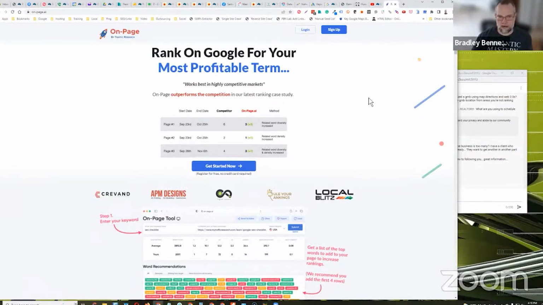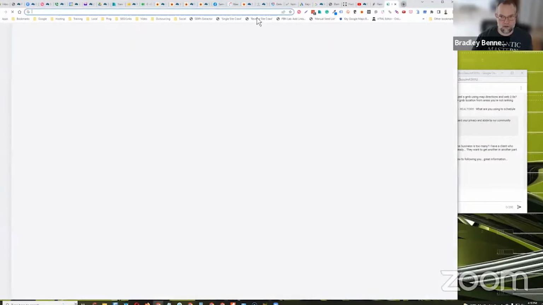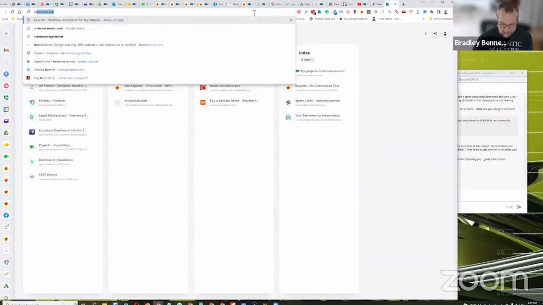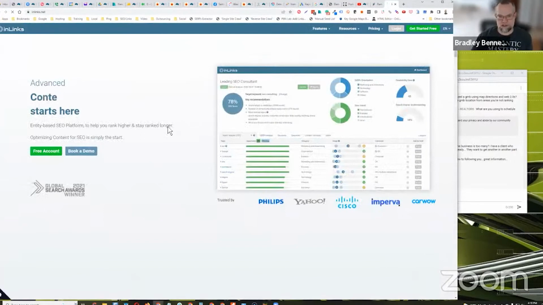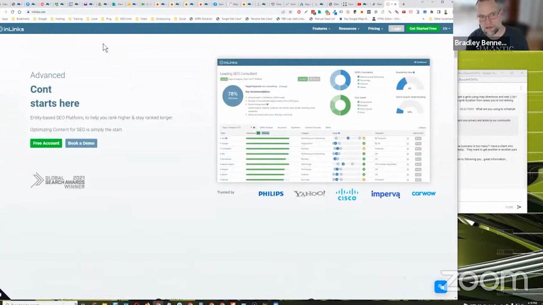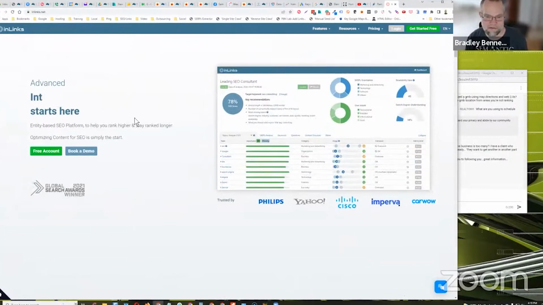Another great tool that works very, very well for tuning content or optimizing content is inlinks.net. This is Dixon Jones's tool, who was one of the co-founders of Majestic, which is my favorite backlink analysis tool. The only backlink analysis tool that I use is Majestic. And Dixon Jones was a founder member of that. And so this is his tool. This is probably the most aggressive entity analysis tool, at least that I've used. There might be others, but out of the ones that I've used, this is a really, really good tool as well.